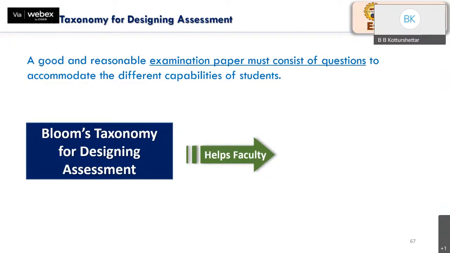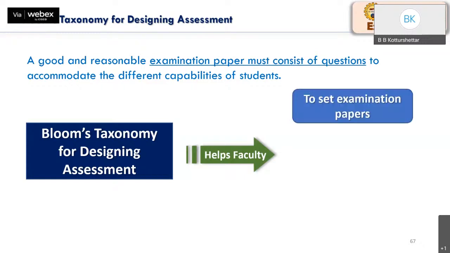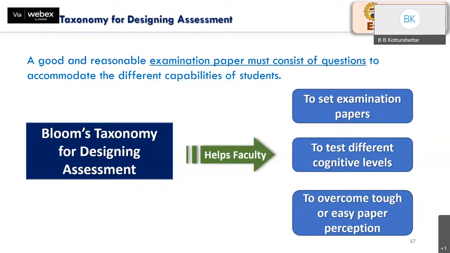So a good and reasonable exam paper must consist of questions that will accommodate different capabilities of students, or they test students for different levels. So Bloom's taxonomy helps us to set good examination papers which will test the student for different cognitive levels, and also this will help us